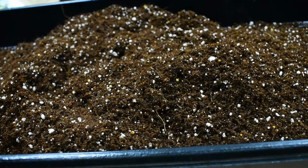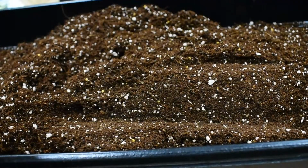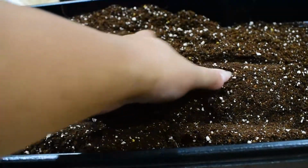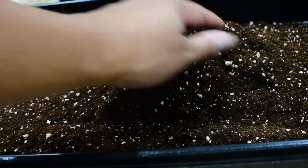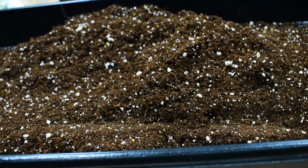Now this is just pre-moistened. Once I plant my seeds, I will moisten this a little bit more. But this soil mixture is made with cocoa coir, and I get them in pre-packaged bricks like this. They're very dry and compressed. So I'll usually add about 3.5 to 4 quarts of water, let that expand, and if I have too much extra water, I'll drain that out. But then I break it apart, mix in my perlite, which are these little white bits. And in this mix, I have a little bit of vermiculite mixed in just to help with drainage and water retention. And then I mix in a little bit of the Osmocote fertilizer,